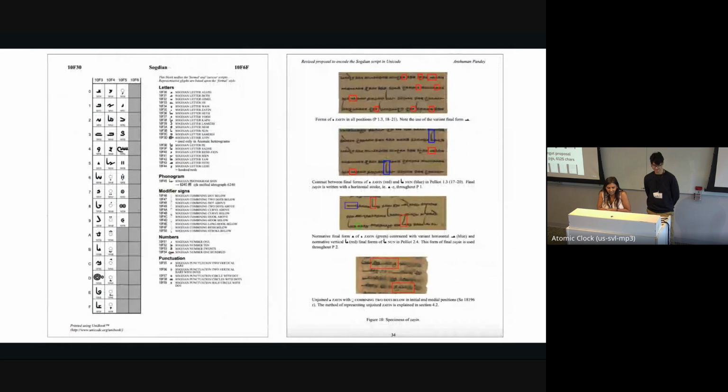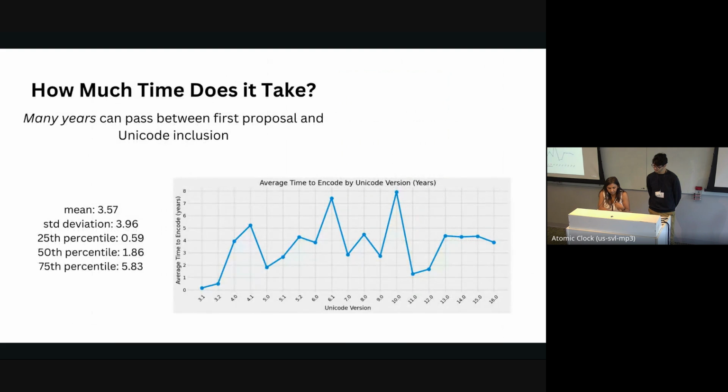Very much an outlier. But other times, the page count might instead be a proxy for the number of attestations given. So this is an example from Sogdian, where the script only has 22 characters in the alphabet. But I think this was like a 100-page proposal, and 70 of those pages are for images to show that this historic script, that all of the letters proposed do exist, that they're different from each other, so contrastive examples, and examples of how they join together because it had complex joining behavior. So the page count can be a proxy for one of these 2 things. Okay.